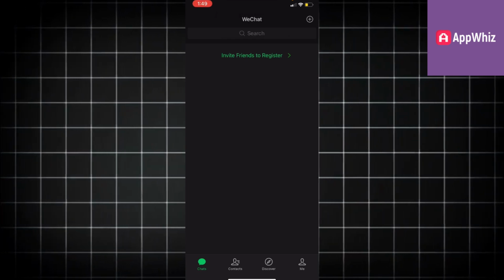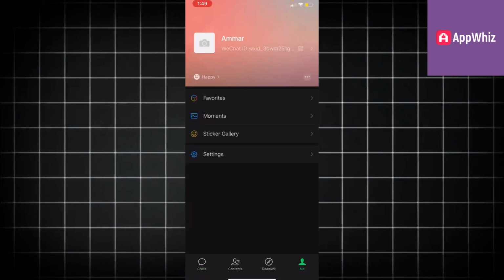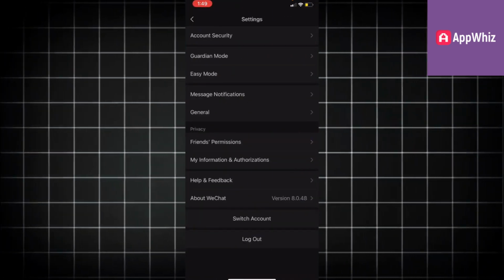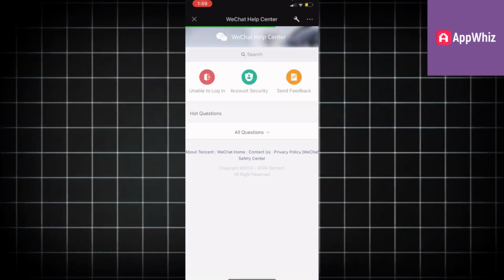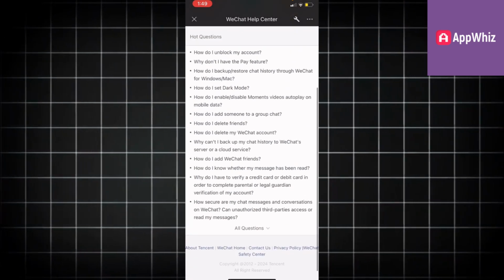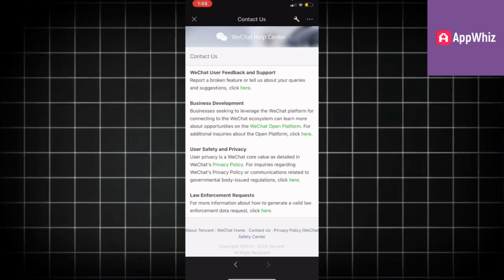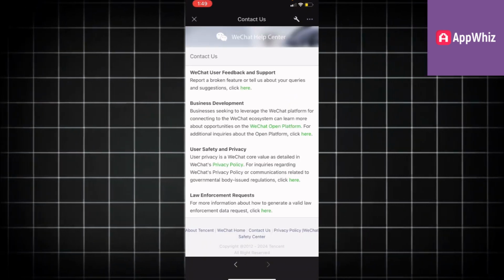Click on Me at the below right corner and go ahead and click on your settings gear. And just go ahead right here and click Help & Feedback, and you get directed to the Help Center. Scroll a little bit down, click Contact Us, and you're going to see right here the WeChat User Feedback and